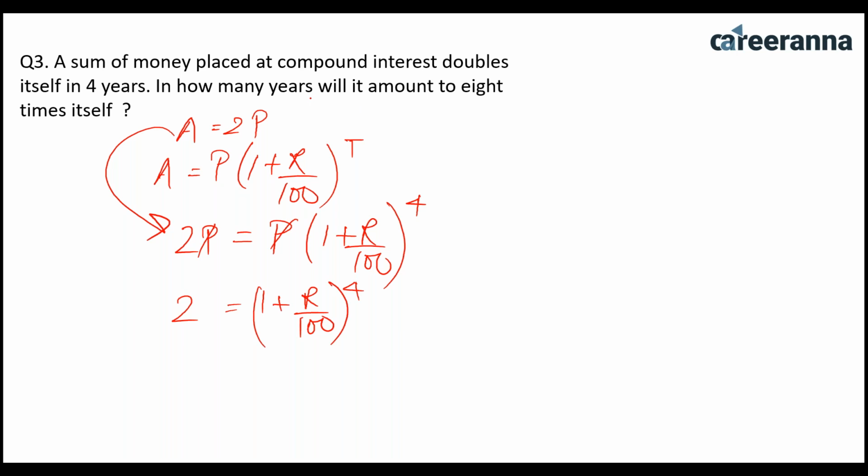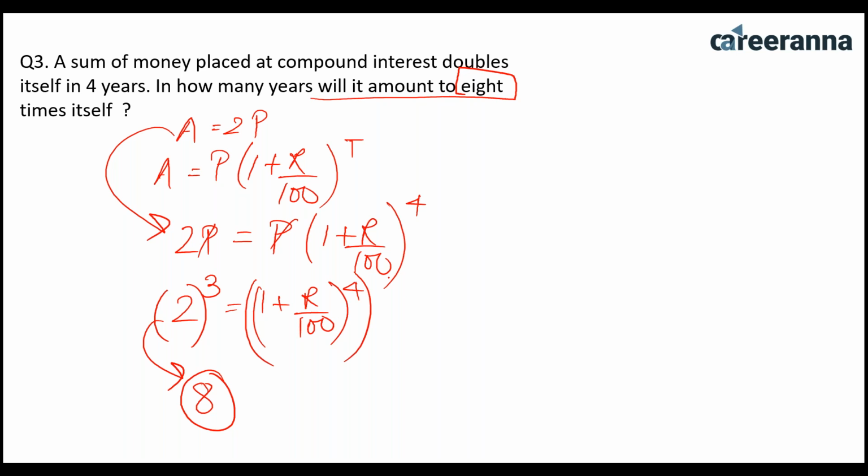The question is asking, it amounts to 8 times of itself. That means I need to make it 8P. I need to make it 8 times. So by which power should I raise this value to get 8? It is 3, right? And here also I need to raise it to the power 3. So this will become 8, but on the right hand side, if you raise this power, this will become 12,